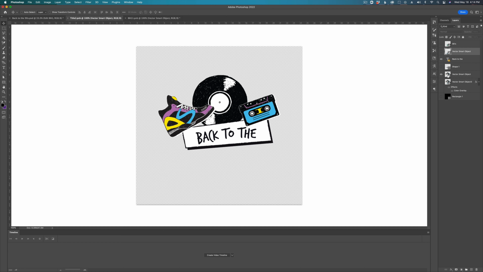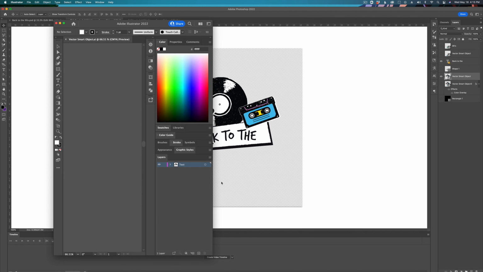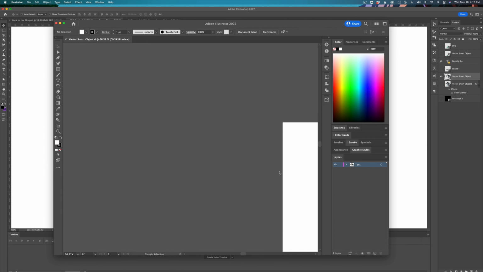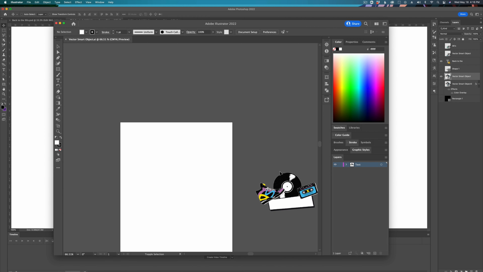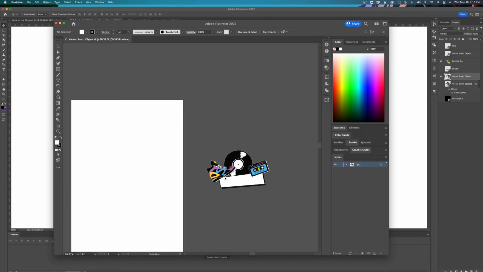Next, as you can see, we still see this symbol on these, and it says Vector Smart Object. Whenever it says something like that, it'll open up in Illustrator if you double click on it. Alright, so here you can see Illustrator opened up, and you can see even more elements that you can change. In this case, the Illustrator elements are the shoe, cassette and record. If you twirl down this layer, it'll show you each of these layers, and I believe all of it is editable. So if you need to change colors and things like that,